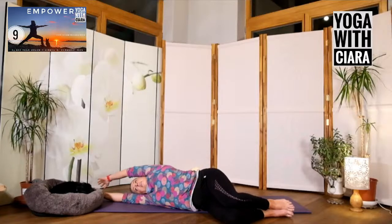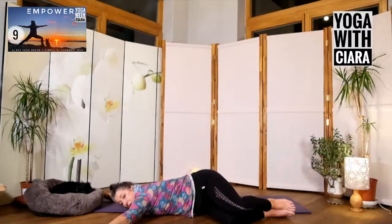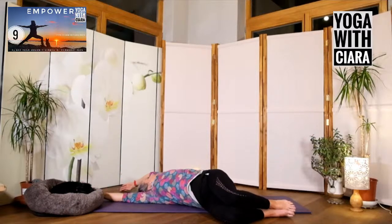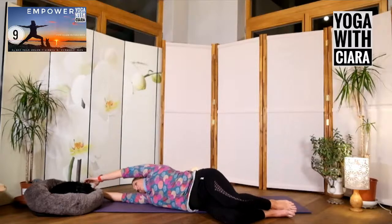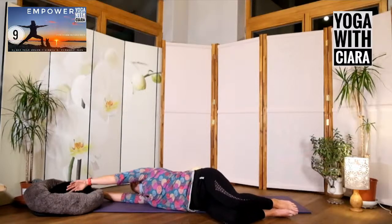And then slide your hand along the floor until it comes back to straight in front of you. And then reach a bit further. I'm really rolling my chest towards the floor as I do this. And then roll, so that you drag your hand along the floor till you're in a T. And then all the way back. Reach forward, really, really reach forward. Last one. Slide your hand along the floor